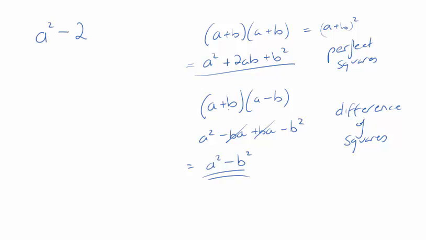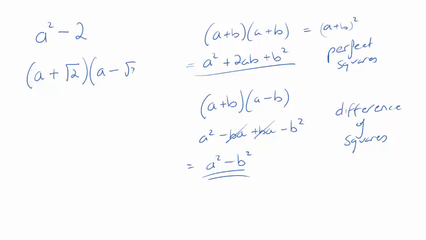It's just going to bring in surds. So basically, what we have in the bracket is the square root of the number which is here. Now, when it was 64, the square root of that was 8. When it was 9, the square root of that is 3. So the square root of 2 is just square root 2. So we can still put in the bracket an a plus, and in this case, root 2,